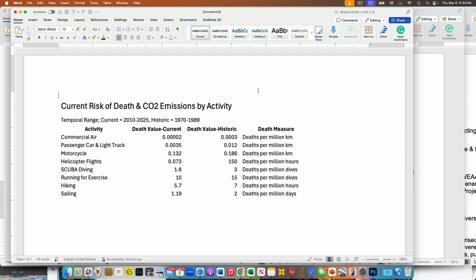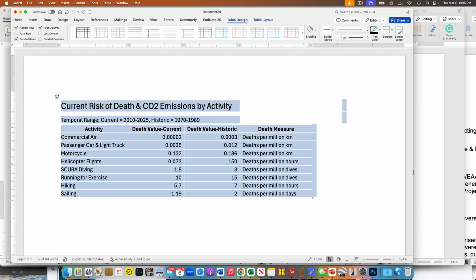And then right now, this is a naked table. When I click off of it like this, I can't tell where the activity column ends and the death value current column starts. In general, that's probably good, right? That's kind of helpful. But you can imagine that as my table gets bigger or more complex, or if I have many more columns, it might become a little hard. And so the two main tools we have for that, and if I click on this,